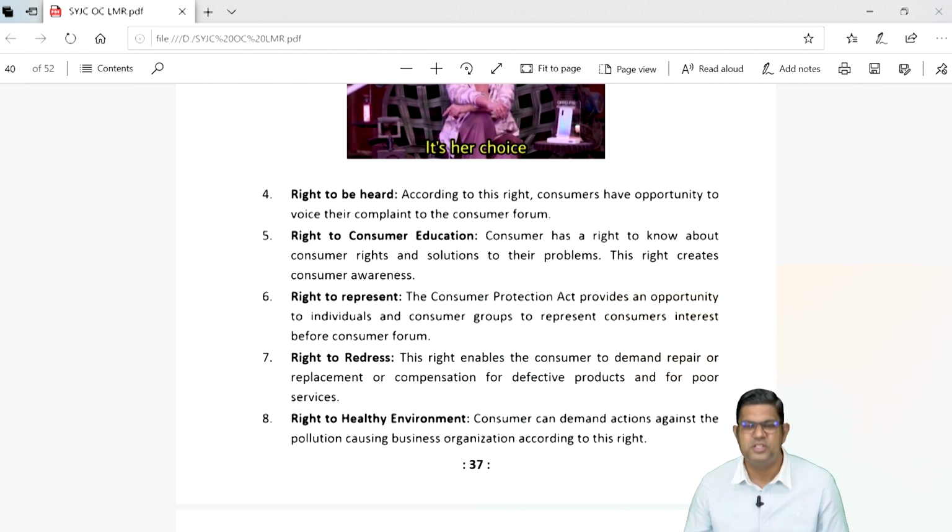Now, consumers are a part of the society और ये हमने social responsibilities में भी पढ़ा था. Business का ये social responsibility है कि he should not cause pollution, he should reduce pollution. So, from the consumer's point of view, it is a consumer right that they can demand action against those businessmen who are causing pollution. So, बिजनेसमैन के अगेंस्ट एक्शन होना चाहिए, ये कंज्यूमर का राइट है.